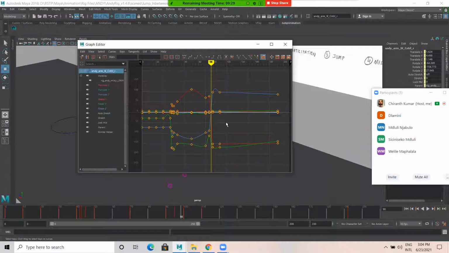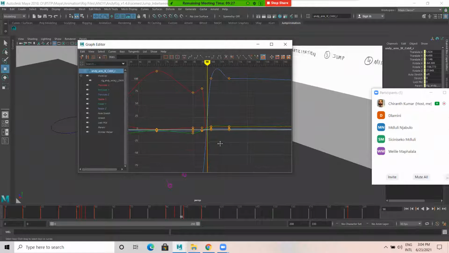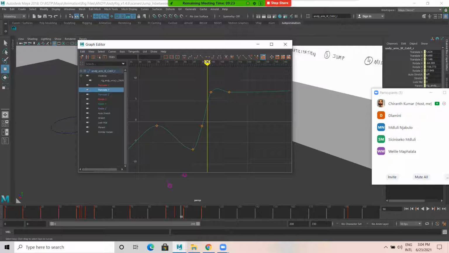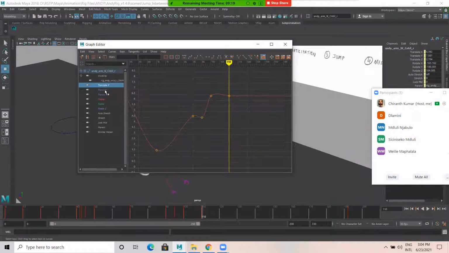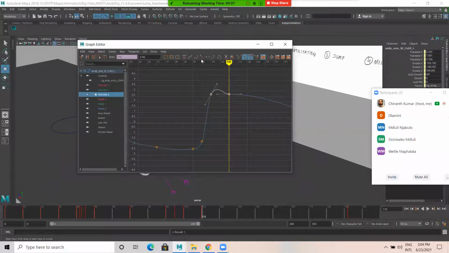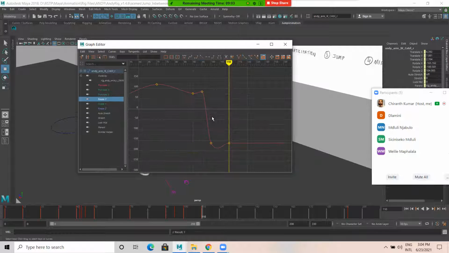I select 100, 110. Just select all this. You can see these two, there's a curve. What you do, just select this, make it linear. Select these two, make it linear. Translate, see, I'm selecting this, make it linear.